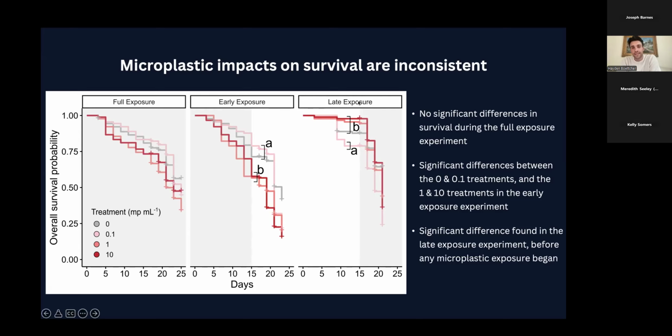And so when you ran that again, but this time with late exposure, here we've got a control condition for all of the treatments, so no microplastics present during the initial 15 days. And we still see significant differences in survival even before microplastics are even introduced to the system. And so that really threw a bit of a wrench into interpreting all of this data, where you see significant differences occur, but they also occur when there's no microplastics at all. And so there's just overall really highly variable survival in these planktonic larvae, which is to be expected.